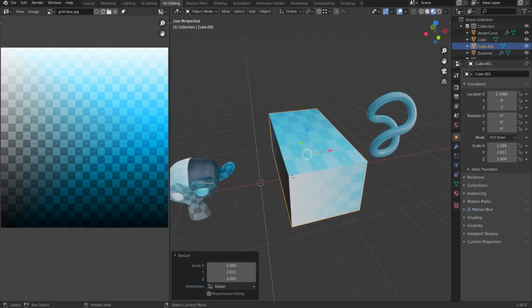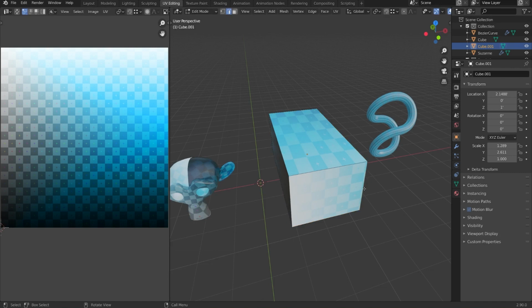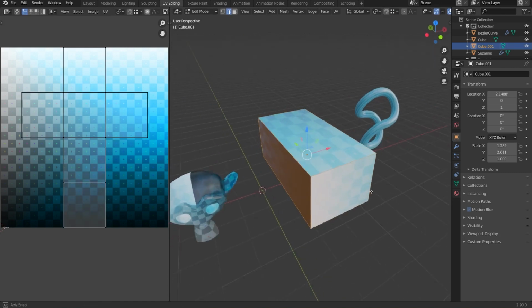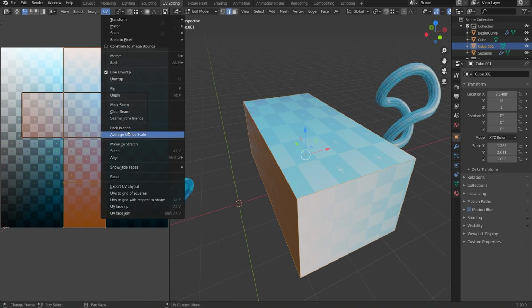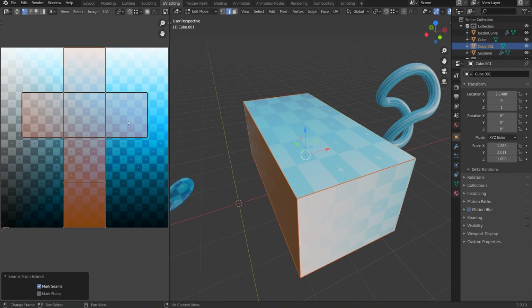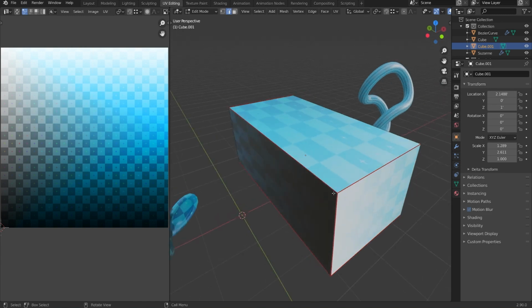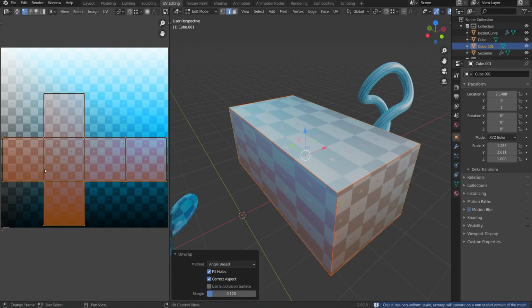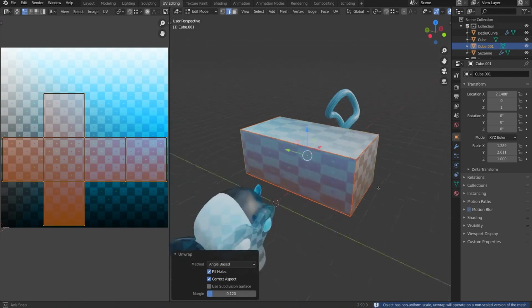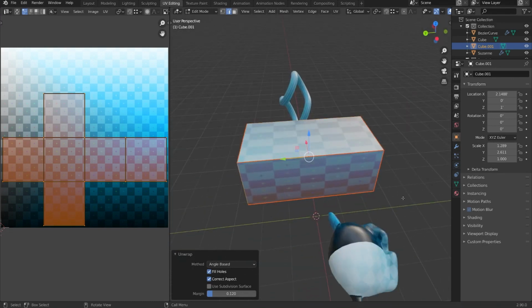This is beautiful. Well, if we hit tab to go to edit mode and unwrap this guy, let's set the seams, and actually let's select everything first. Seams from islands, and there we go. Now when we hit everything U and unwrap, then it'll unwrap in that cross shape. Okay, but we still are getting a very stretched result, and all of the quads in the UV view are